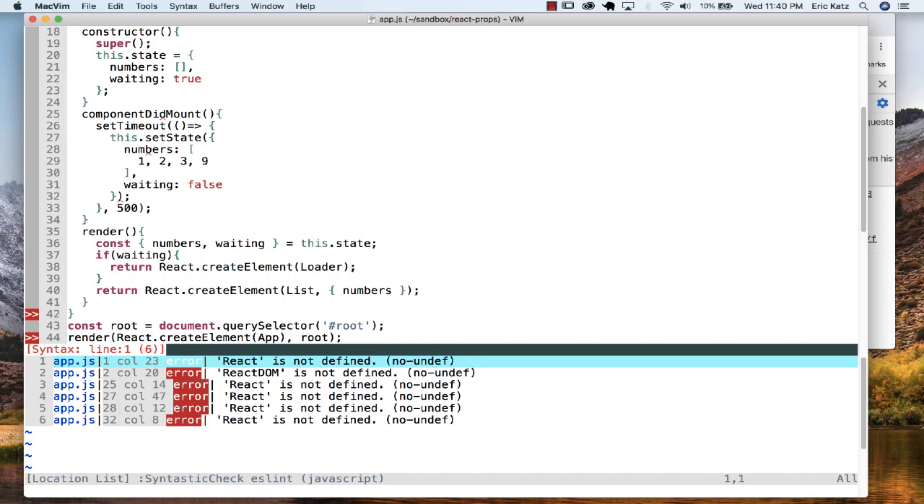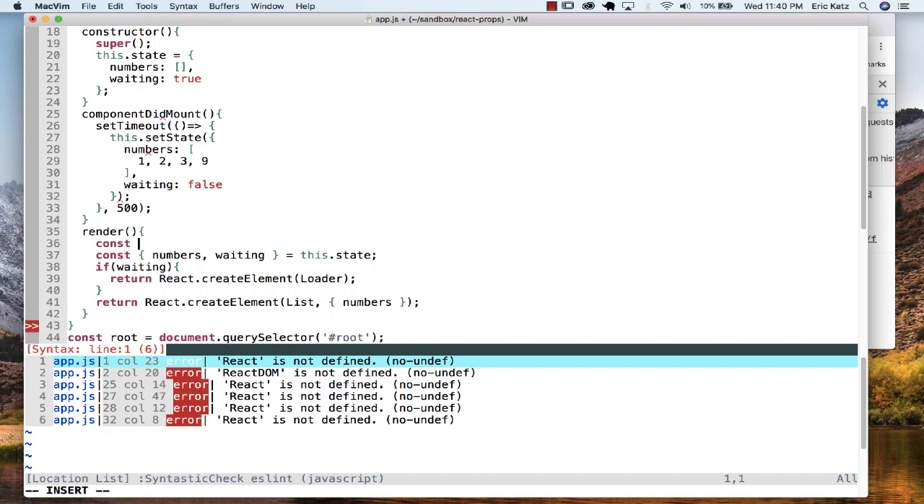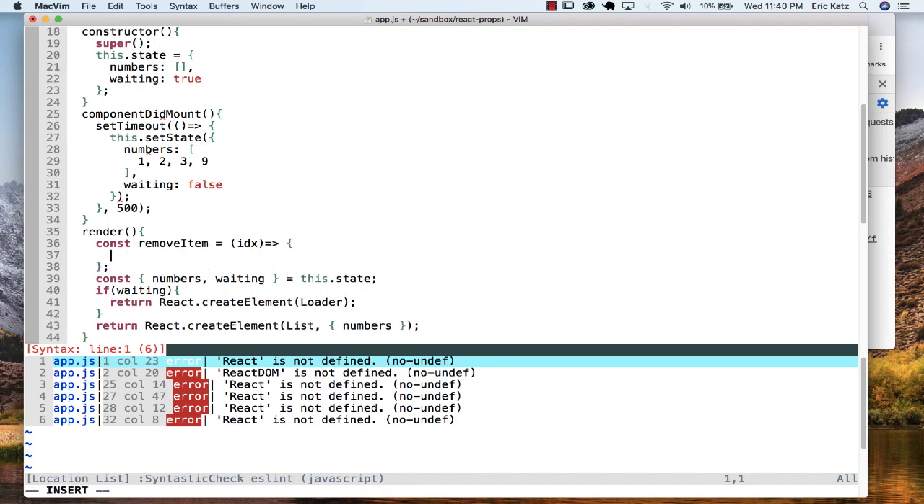So for the moment, I'm going to put it right over here to specify that what we want to do is that we're going to have some function called remove item. And this item is going to end up getting passed an index. And what we're going to do is we're going to end up composing a new state here. And the way that we'll end up doing that is we'll say